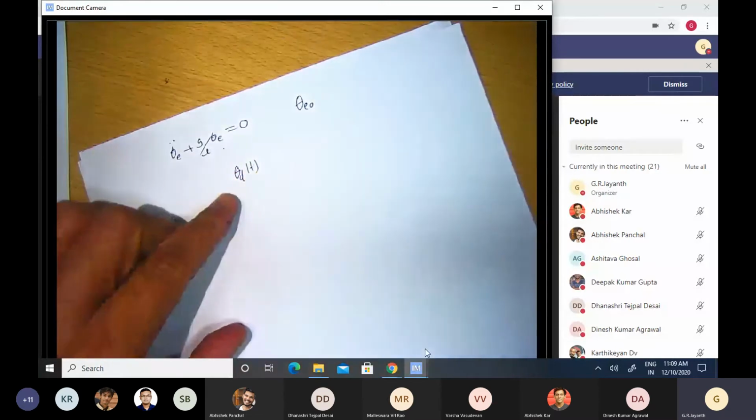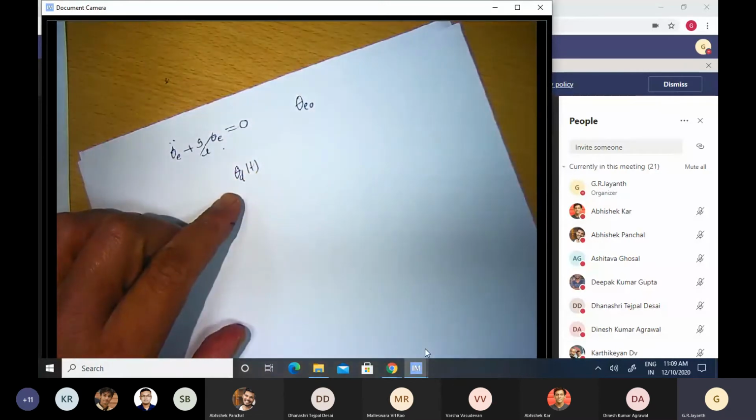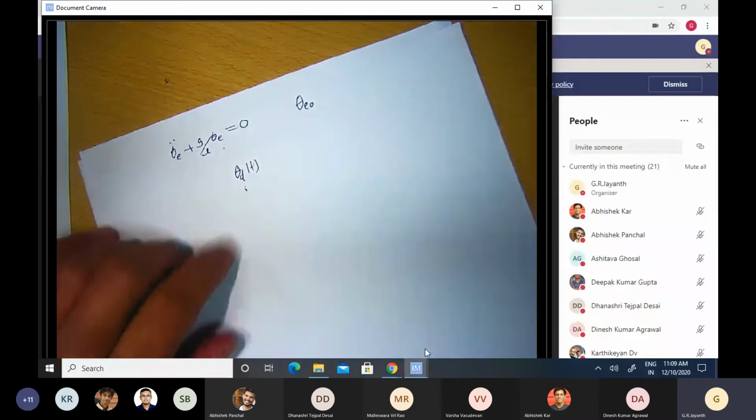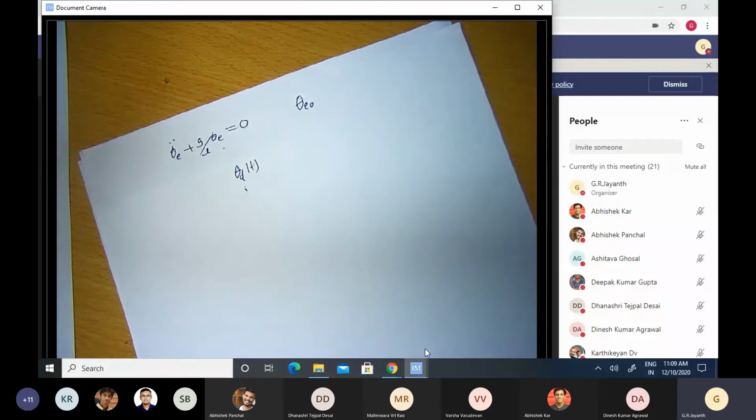In one case, I'll have always some error which may be changing, fluctuating as function of time, never dying out. In the other case, that error will keep increasing as function of time between the desired angle change as function of time and the actual angle of the pendulum. Okay, so something has to be done to address this issue. Any questions about what we have discussed so far? So there is some algebra here, but what is more important is to pay attention to the logic and the arguments that we are making here.